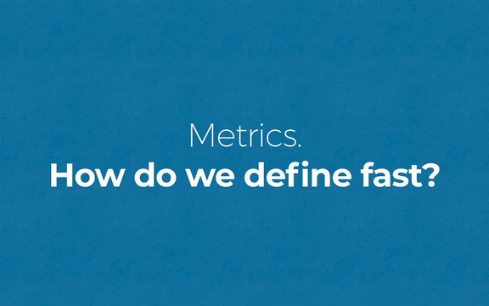Alright, so metrics are how we talk about being fast. If we say a site is fast, what do we really mean by that? What does it mean if we say a site loads in 5 seconds? It's easier to talk about page performance when we have specific metrics to measure and inspect. A page can be fast in some areas, but not in others, and different problems cause different areas to slow